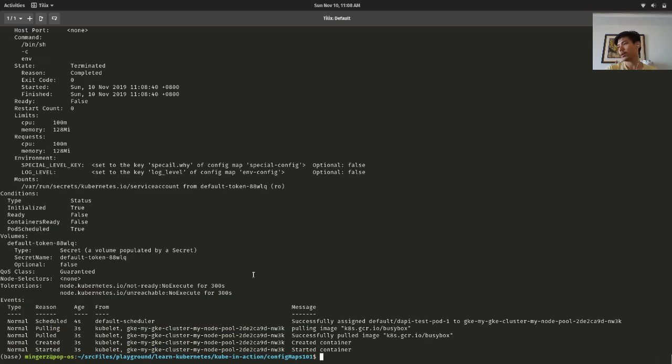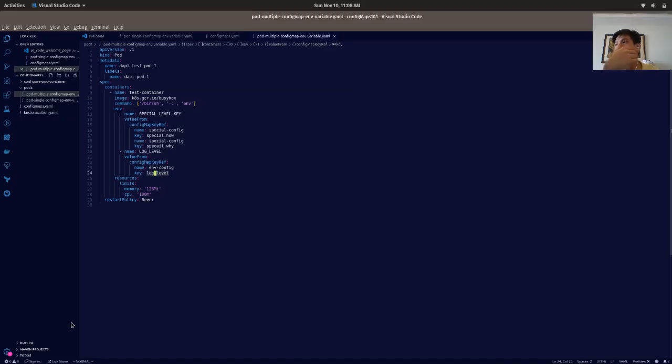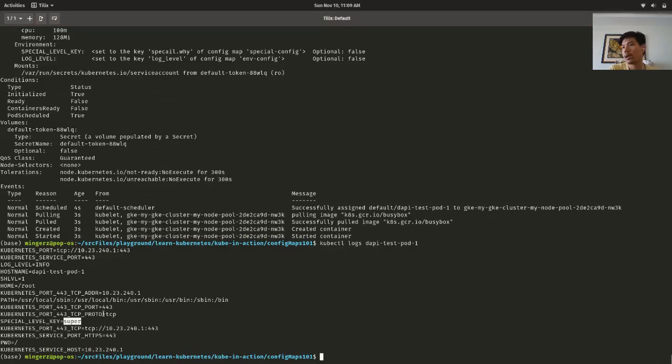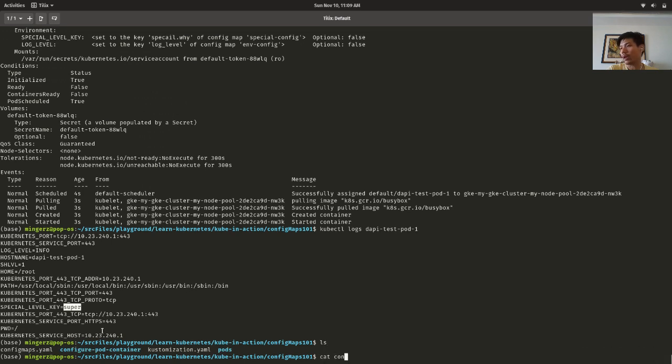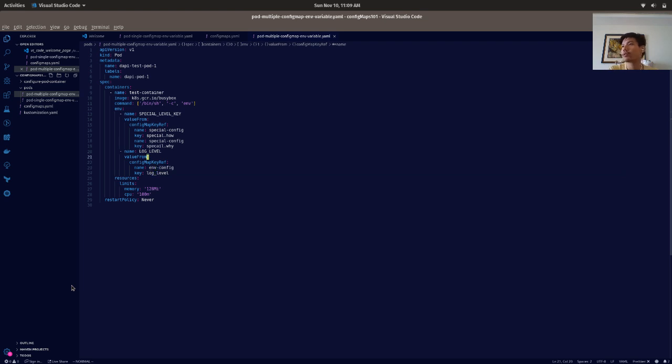kubectl apply dash f pods multiple pod API. Okay. kubectl logs the API. Let's see. Special level key super. Oh, it does not take in the other one. It just takes in the last one. Describe. Special how, special y super. Oh, it just takes in the last one, replaces that last value. If you want to do multiple,